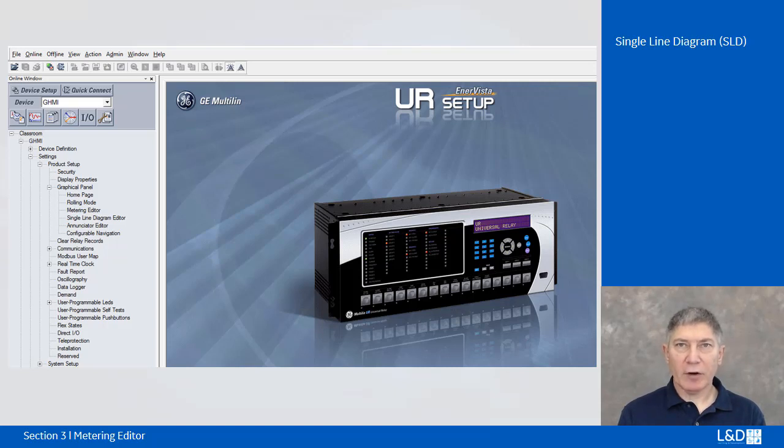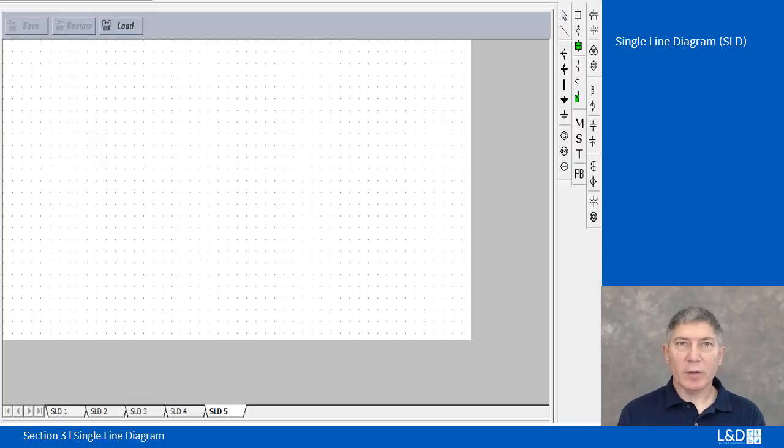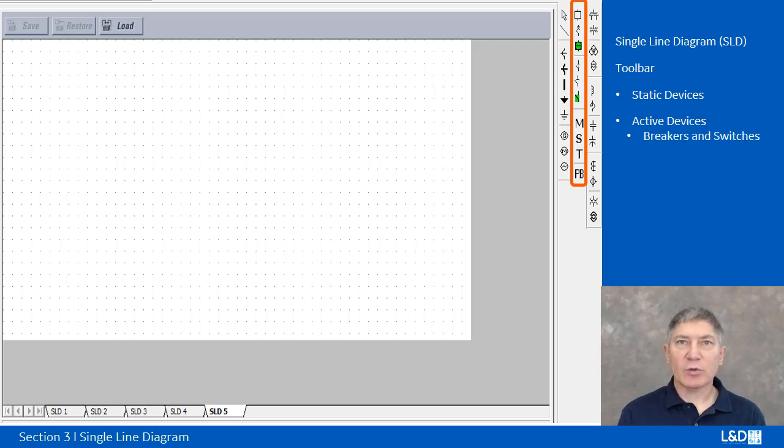To configure the single line diagram, we begin under Product Setup, Graphical Panel, and finally select Single Line Diagram Editor. The single line diagram looks like this with a toolbar that consists of static devices such as lines, bus, ground, symbols for generator, motor, and AC sources, IEEE and IEC symbols for transformers, reactors, capacitors, current transformer, voltage transformer. We have active devices that consist of breakers, switches, and screen attributes such as metering, status, text, and push button